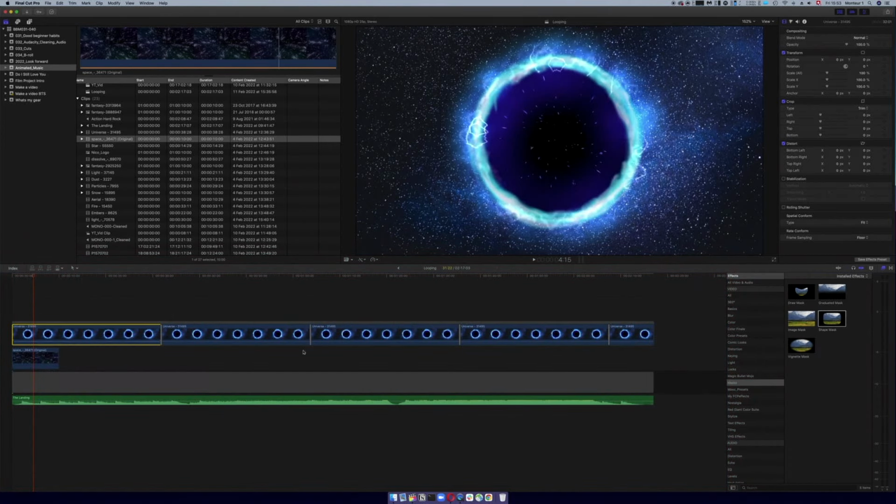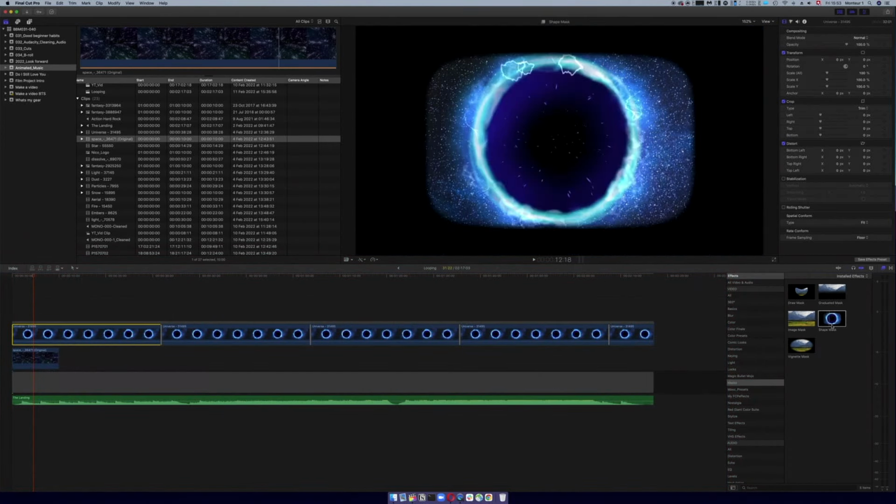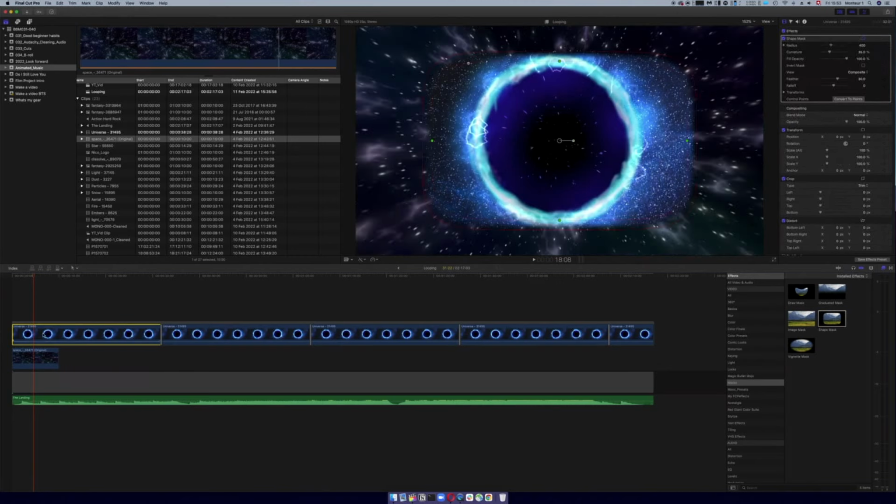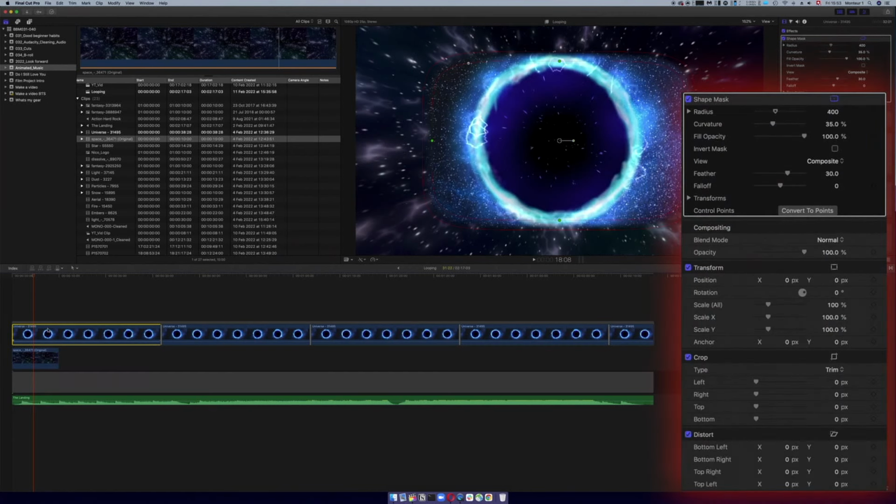And to do this in Final Cut, we are going to use the shape mask, okay? And there should be similar mask functionalities in other editing software as well. What we're going to do is drag that mask out and onto the clip. And now you can see in the inspector window, which is this window to the right-hand side with all of the information of the selected clip and all the parameters of the selected clip, we now have the shape mask